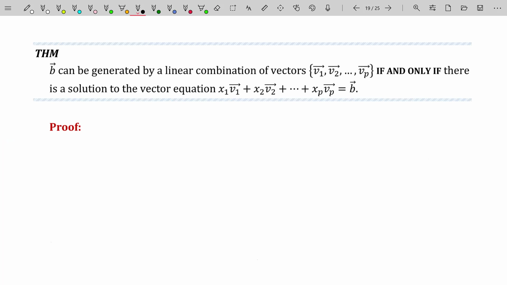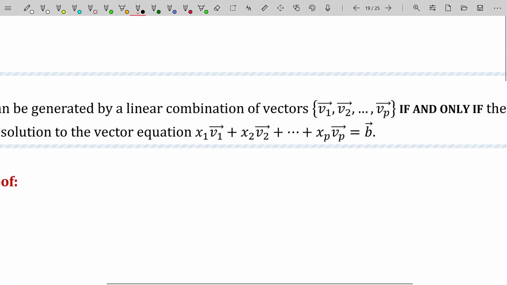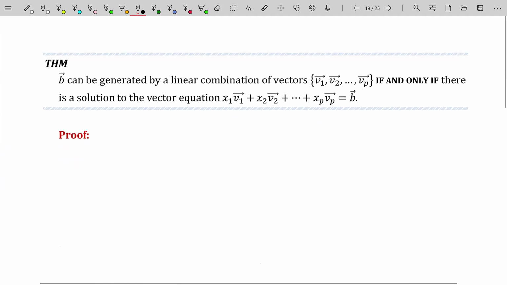The vector b can be generated by a linear combination of the vectors v sub 1 through v sub p if and only if there is a solution to the vector equation x sub 1 v sub 1 plus x sub 2 v sub 2 all the way through x sub p v sub p is equal to the vector b. Now let me state this again because, when written as a theorem, it's a little more convoluted than it needs to be. The point of this theorem is to tell you, if you got a vector b, and